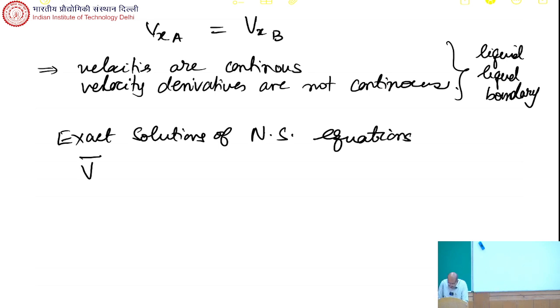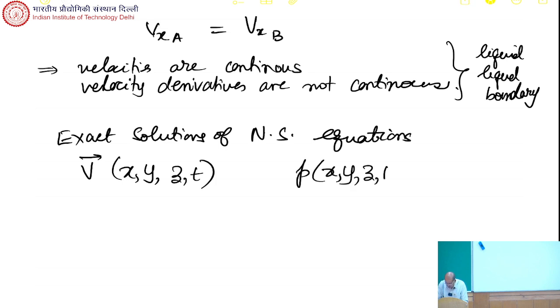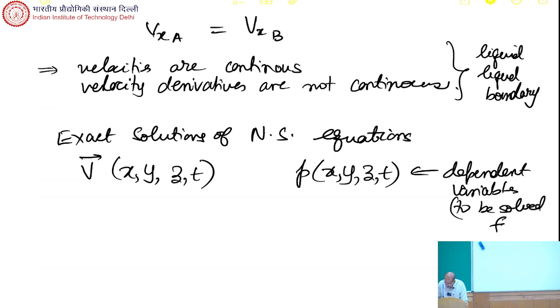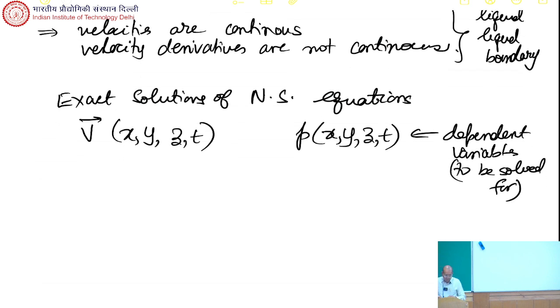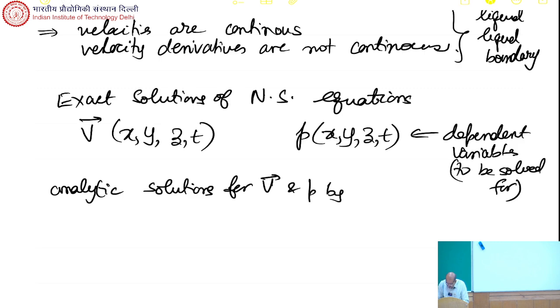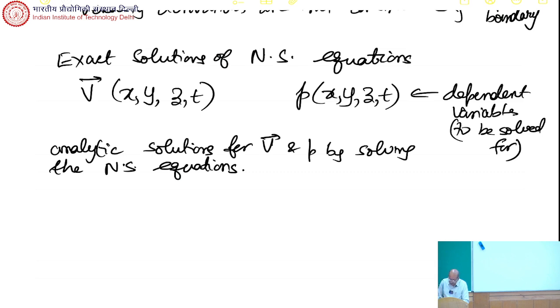So that means we start with this, and we try to obtain analytic solutions for V and P by solving the Navier Stokes equations. Now, exact solutions are known only if